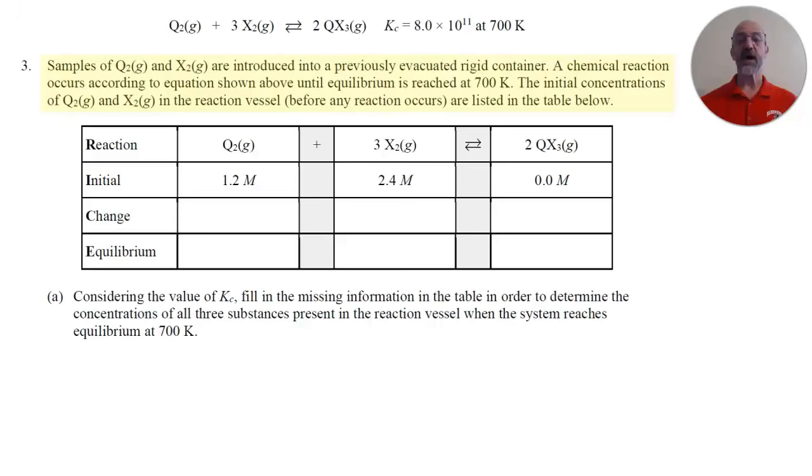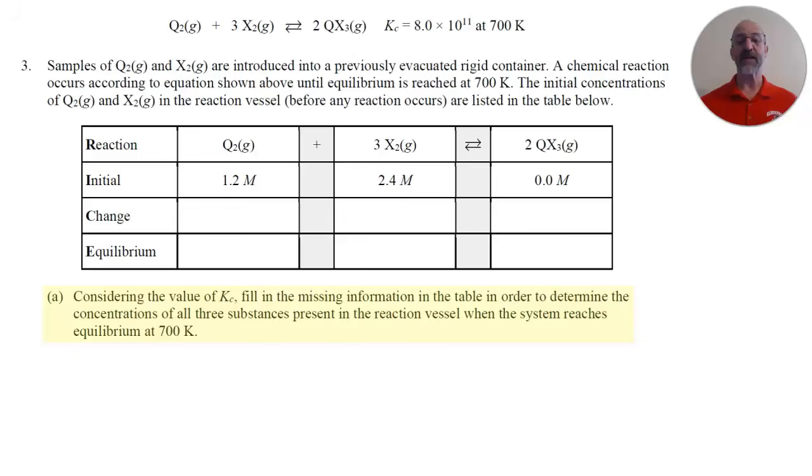The initial concentrations of Q2 and X2 in the reaction vessel before any reaction occurs are listed in the table below. Part A of question 3 says, considering the value of Kc, fill in the missing information in the table in order to determine the concentrations of all 3 substances present in the reaction vessel when the system reaches equilibrium